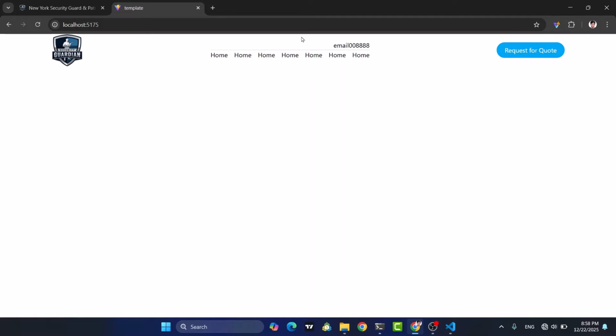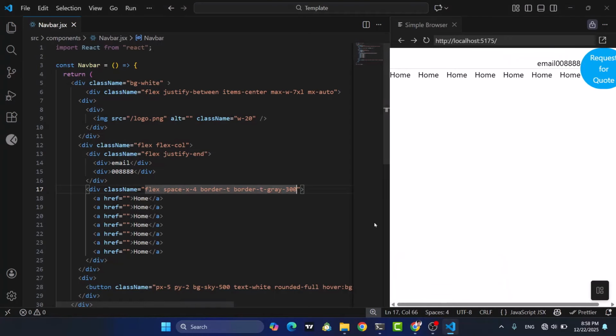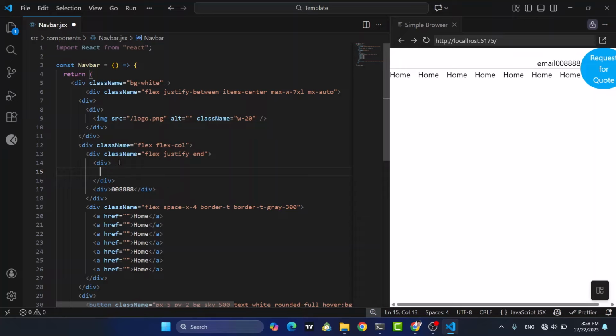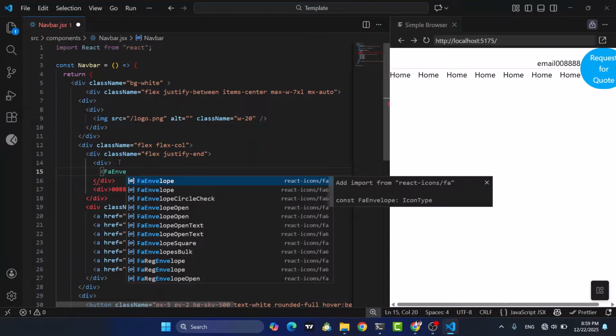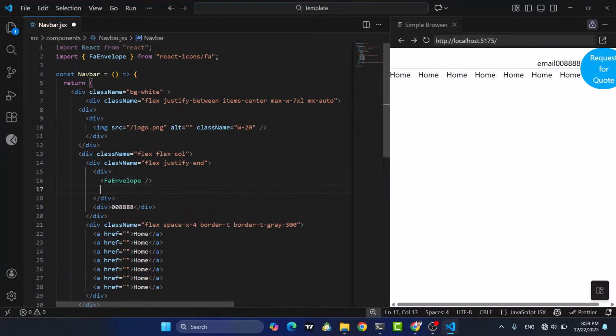This was our navbar. Let's change these. So let's make these drop down. Okay, so then we will add more style to this. Let's first of all just add design to these phone number, email and phone number, sorry. Okay, so just come here, and here first of all we will have an icon. So that icon will be a far envelope, yeah, like this. And down from that we will have a span tag. Inside this span tag we will have an email like info at securityguardian.com,